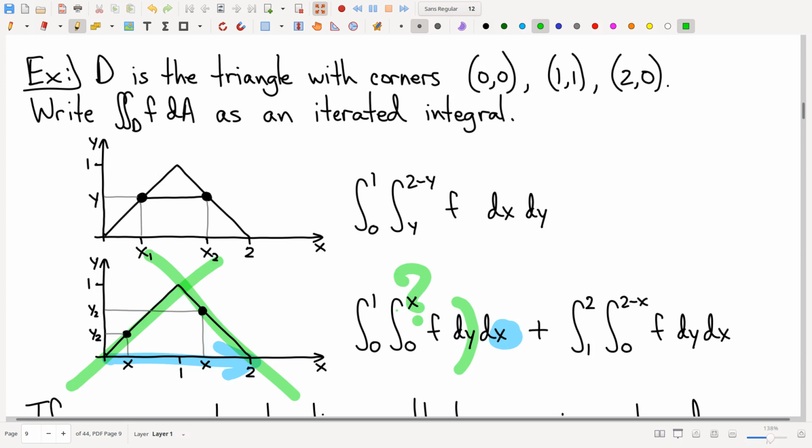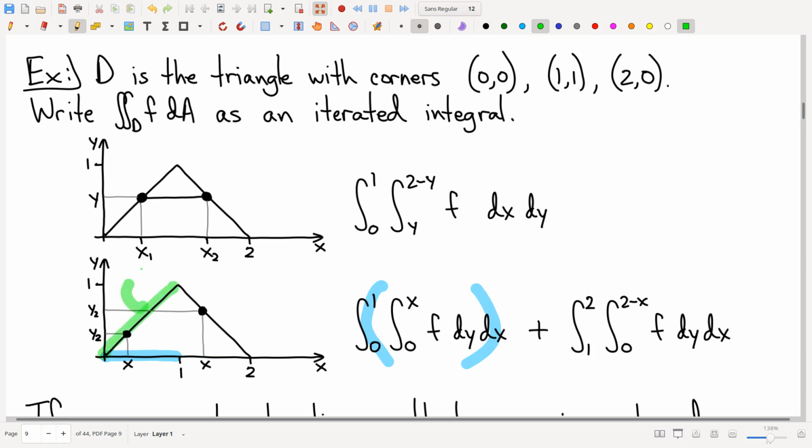As written, what I have to do is break this up into separate pieces. I have to say, look, x starts off by going from 0 to 1. And I'm going to stop at 1 because for those values of x and only those values of x, this tells me what my upper bound for y ought to be: x. But then, subsequently, I got to keep going and recognize that for these values of x,